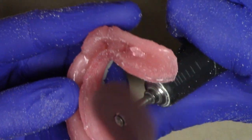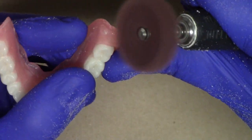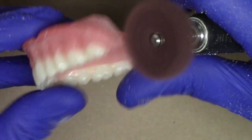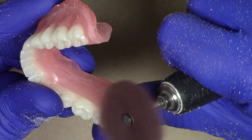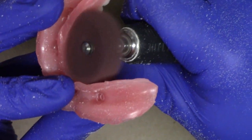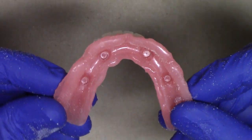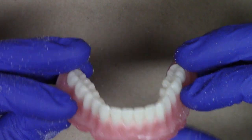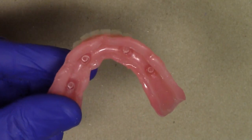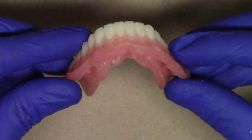And on the intaglio and the lingual surfaces, and sometimes you can get it going a little bit faster, alternating between medium speed and a high speed. Okay, this is our final appearance after utilizing the finishing wheel. Now what I'm going to do is take this to my sink and just get it cleaned up. After returning back from the sink, you'll notice that the final finish of the CHAIRSIDE Soft Reline Material is really